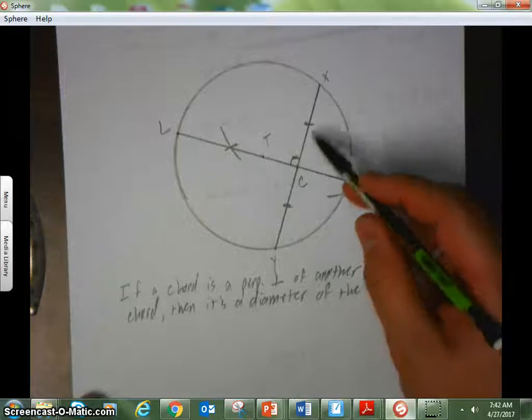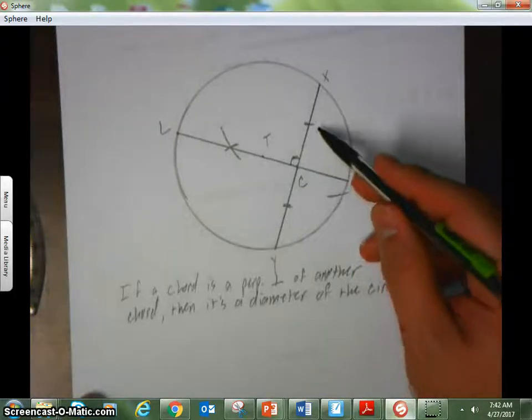So here we started off with just a chord, and we constructed